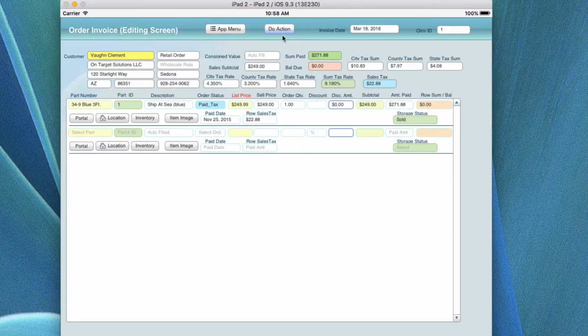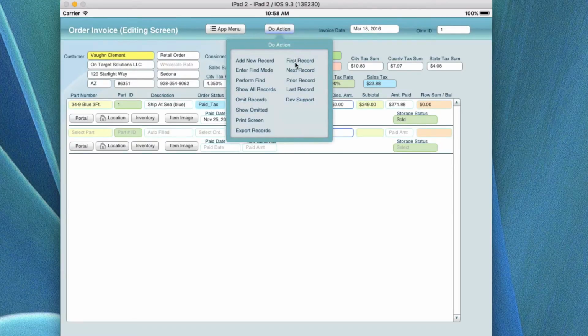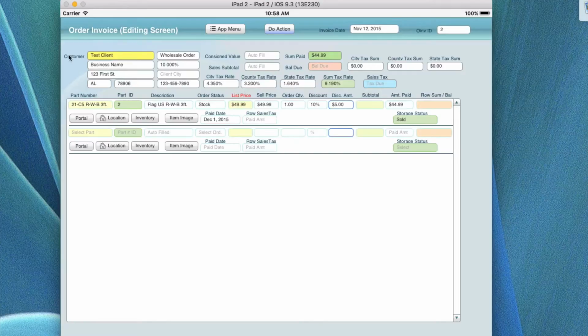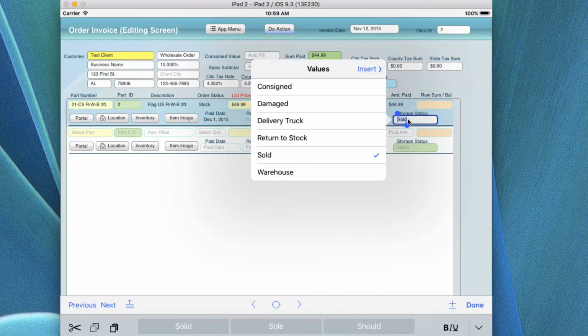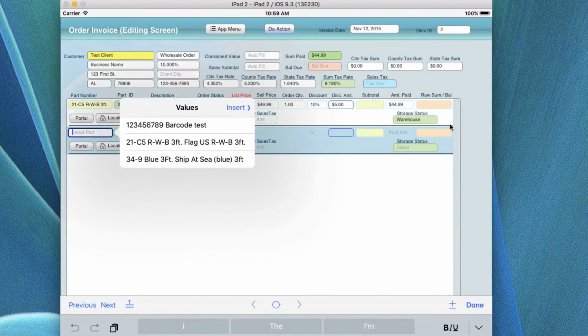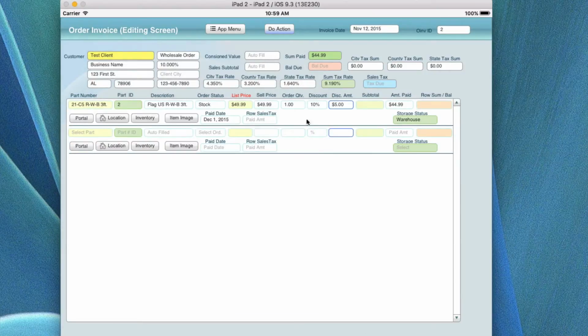So what we're going to do is we're going to go into the first record and let's go down to the next record. Now I have a test client in here that I'm working with, and in this particular case, this is an item that is in stock. It's not sold. No, I take it back. It says that it's sold over here, so it should have been one of the two. It should be in the warehouse, so you can change it, or the reason it was returned to stock is it's now back in the warehouse, and you'll see that there is no charges, subtotal, or line total on that